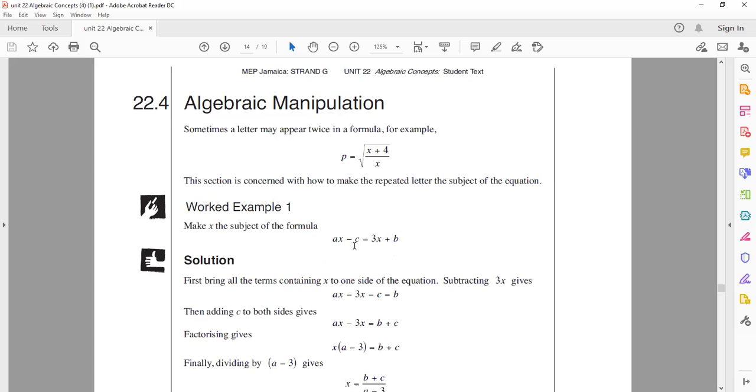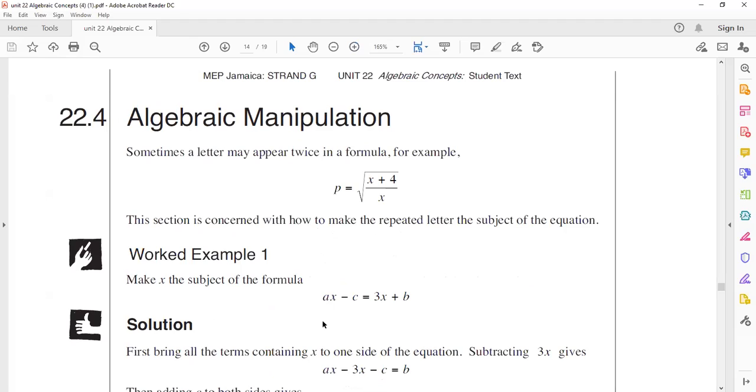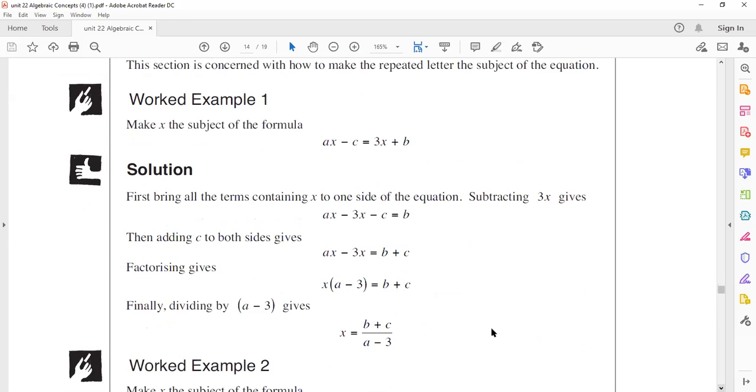The only thing is that when you look at this example, you do have another number here. Like you have ax instead of 2x or 6x, I have ax. So before, when we had a number, we would put minus 3x to both sides. That is if we choose the left side to solve for x, to have x there. So you see where they put the minus 3x on the left side. And normally what we would do is to say, okay, this is a number. We'll work this out and we'll get a single term in x. And then we'll continue